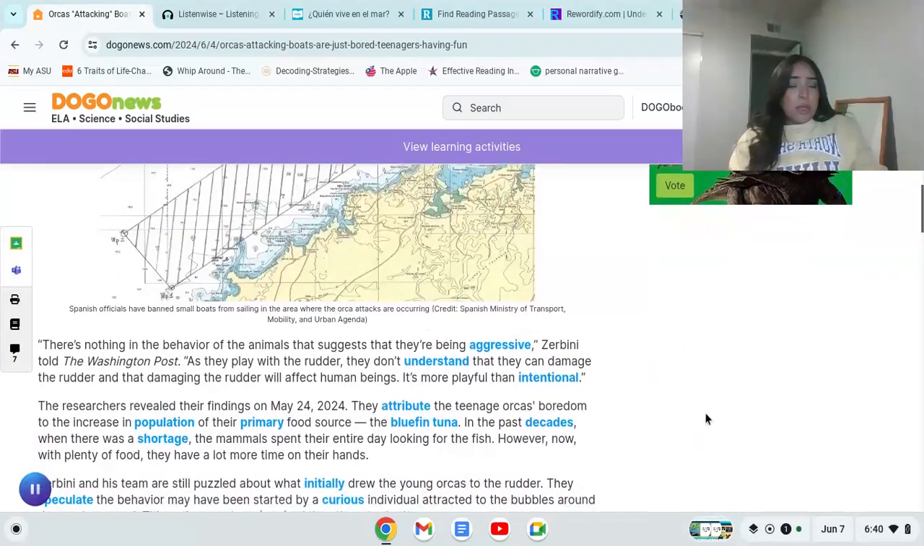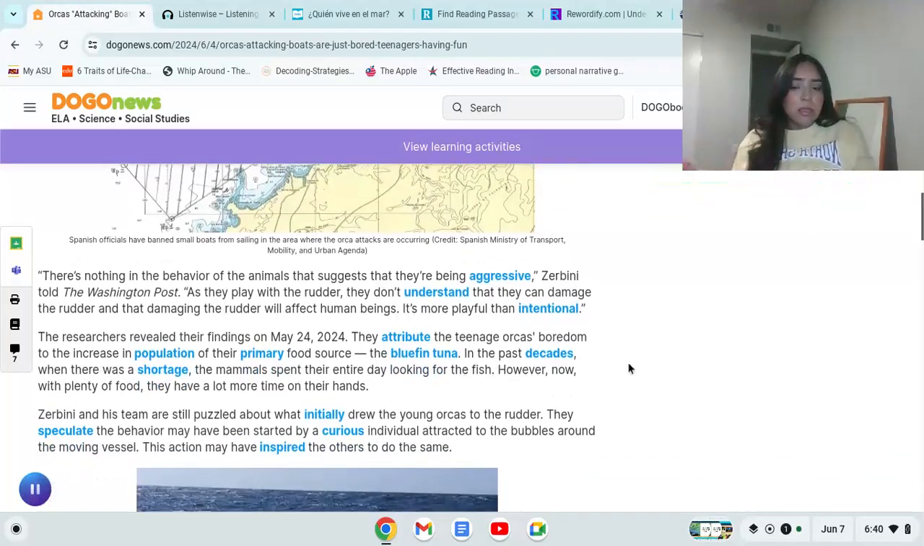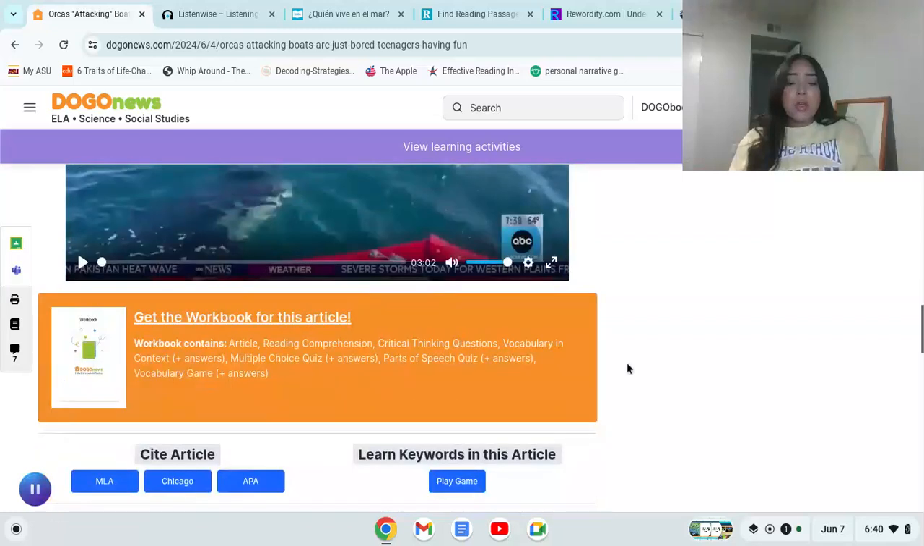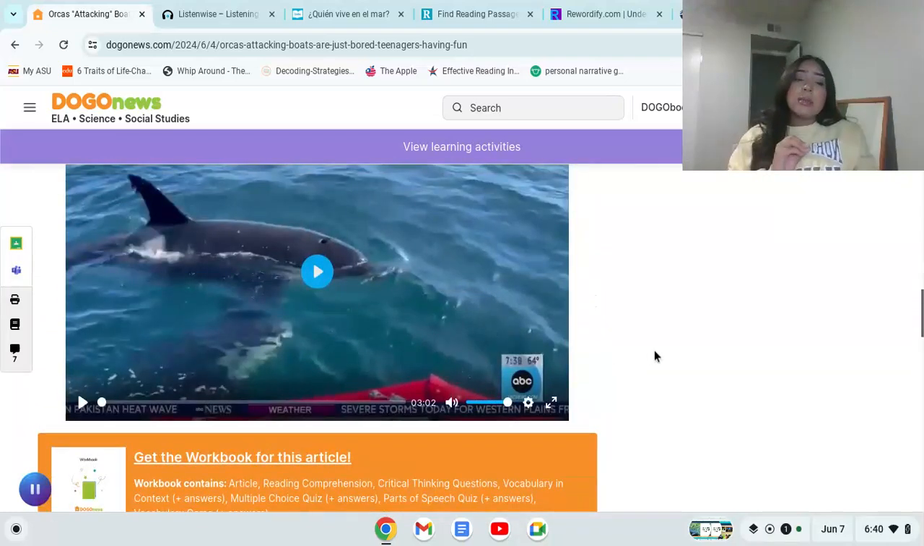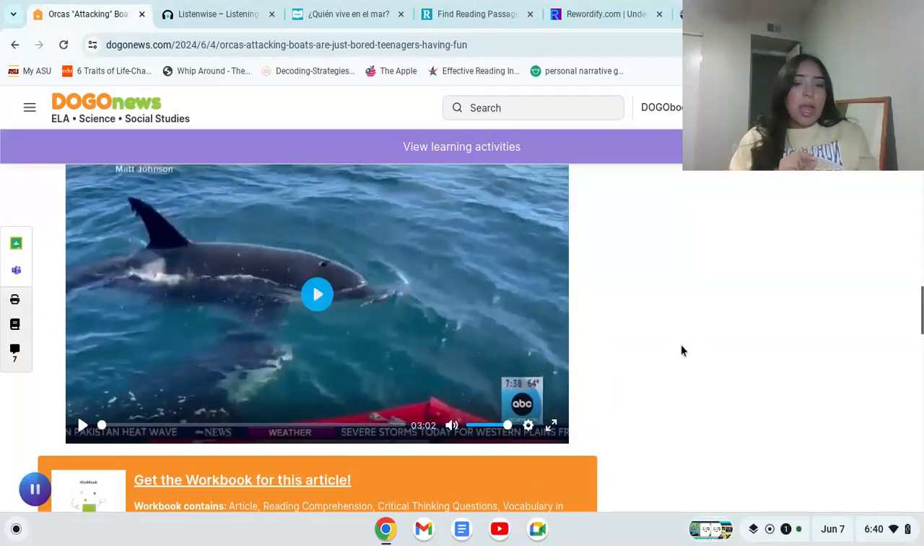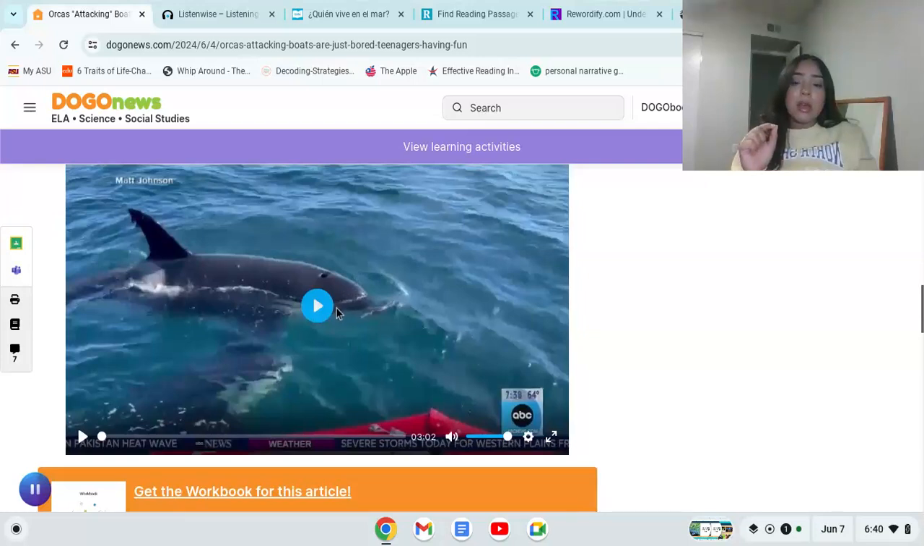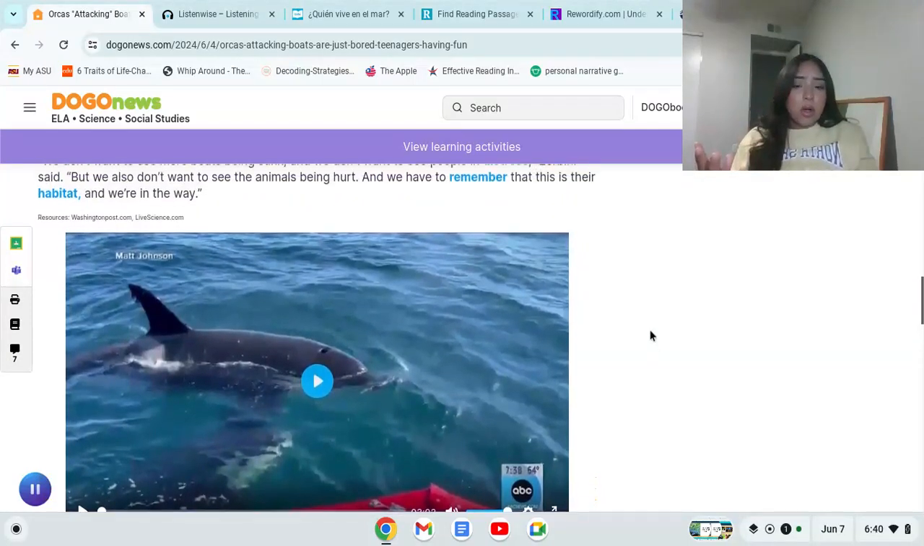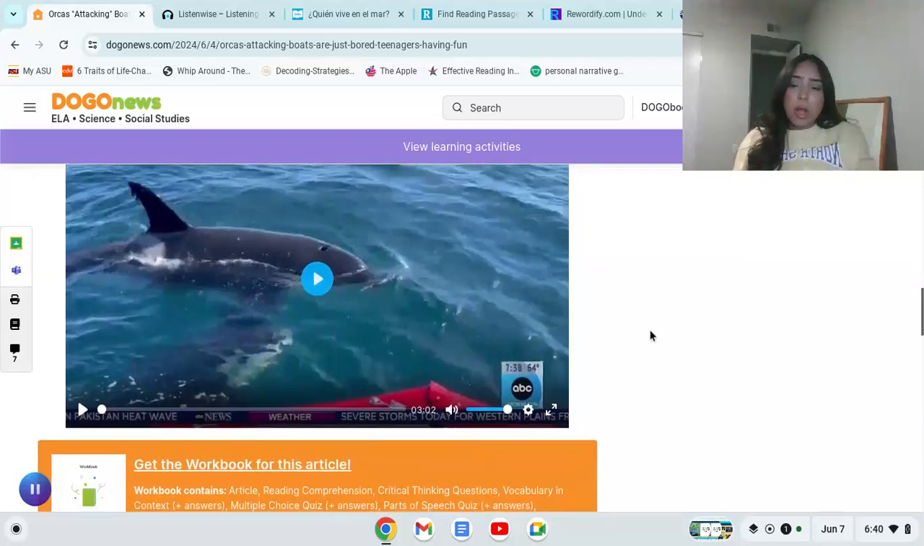I thought it was really neat, as there are different vocabulary words that are bolded. So if a student chooses to select a bolded word, it'll pop out with the definition of the word, and the student can see what that word means. If you go down as well, sometimes some of the articles do have a video that a student can watch, and it does relate to the article,